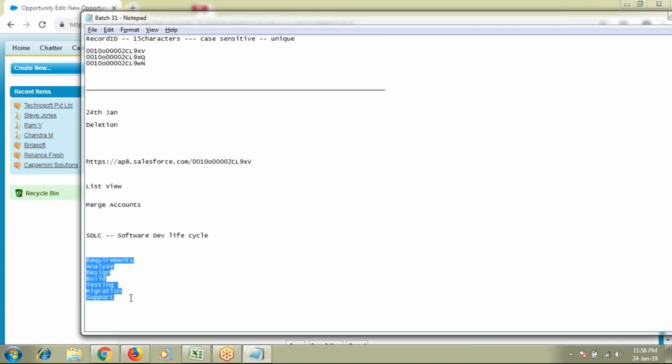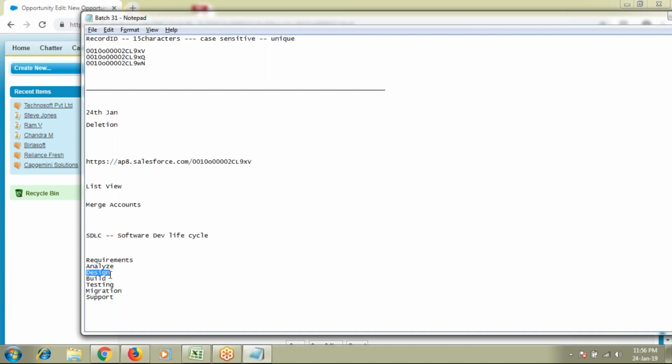Whenever you get any new project, it should start with requirements, then go to analysis, design, build, testing. I can't directly start from design, go back to requirements, come back to migration, and again go back to design. That is not the proper way. There is a step-by-step process for the software development life cycle.